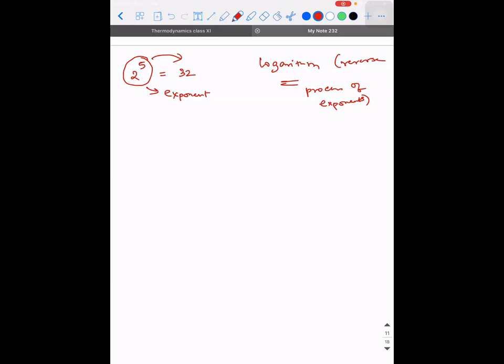Now, what is the meaning of this? So if I say 2 is raised to the power 5, what is the meaning of it? 2 is multiplied with itself 5 times and I'm getting 32. If I ask you what is log of 32 base 2, the answer will be 5. Okay. So log of a number base something is equal to an output means you have got this 32 by taking this 2 to the other side and it becomes the base. That is 32 is equal to 2 power 5. This is the reverse operation.